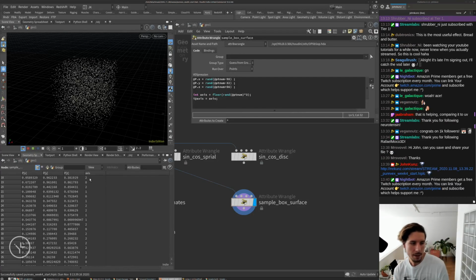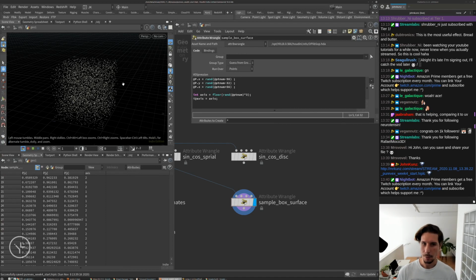So if you think of this axis as 0 is x, 1 is y, and 2 is z, then we have our random sides of the box that we want to pick. So if I set p.x equal to rint